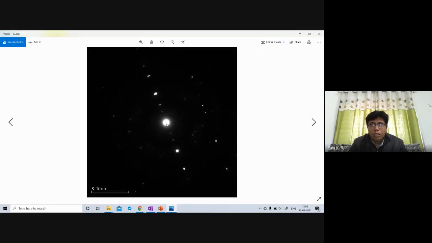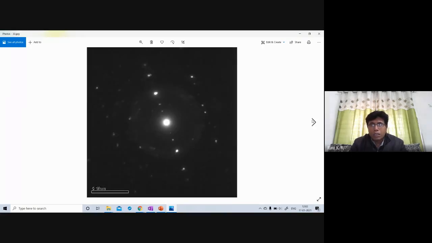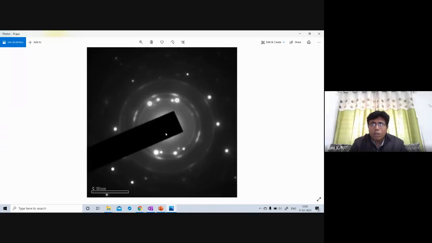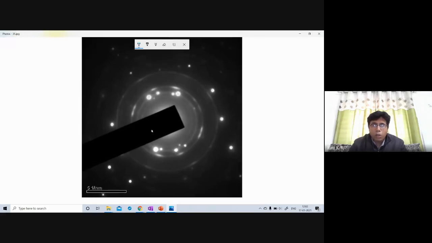You can see this compared to these spots. You can see these are very intense. So that's the way to identify. But sometimes we use this one. This is what we call beam stopper. The beam stopper is there because this sharp, intense beam can actually damage your CCD camera. So that is the reason we put this beam stopper. Also, when you have a beam stopper, these rings would be much better. Their visibility will be much better.